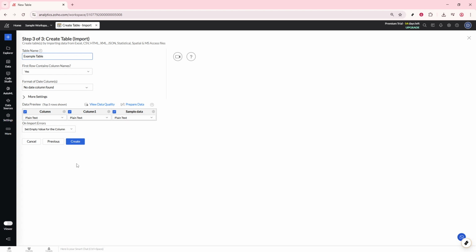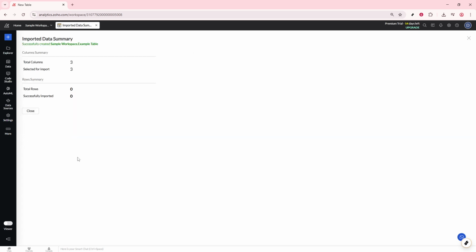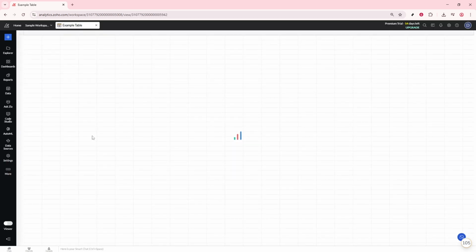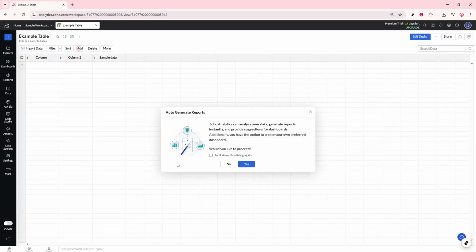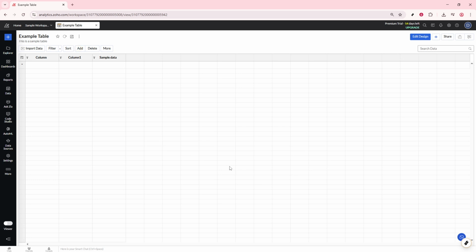Finally, click Create to complete the table creation process. You might find this step quite satisfying, as all your data import efforts come together. When the system confirms your data importation is successful, click Close. This confirmation is your assurance that your data is now safely and correctly set up within Zoho Analytics and ready for further analysis. With these steps, you've effectively created a table in Zoho Analytics, setting the stage for deeper data